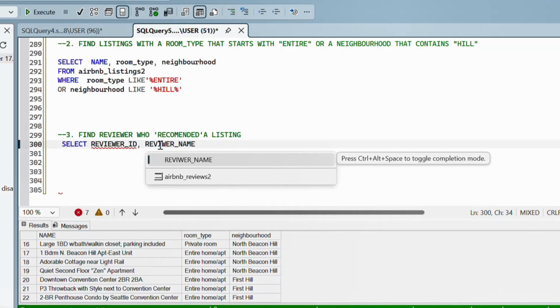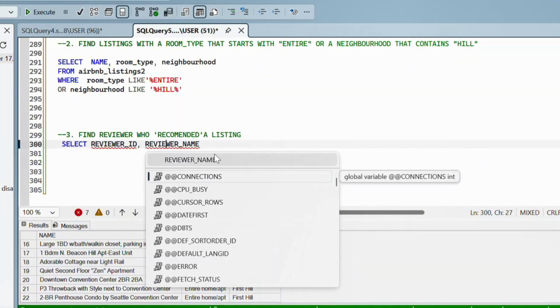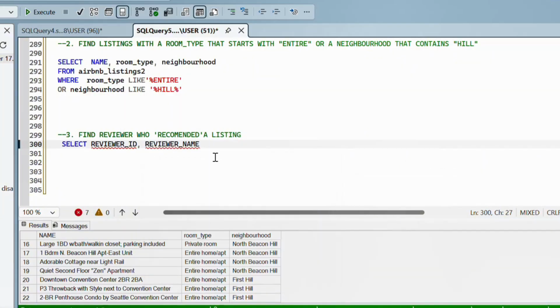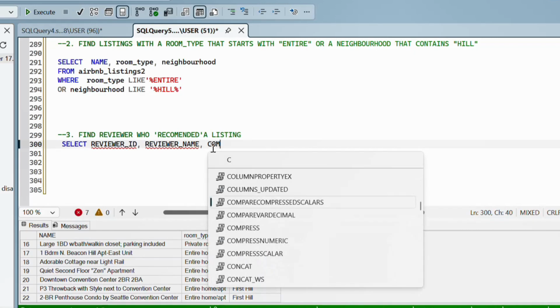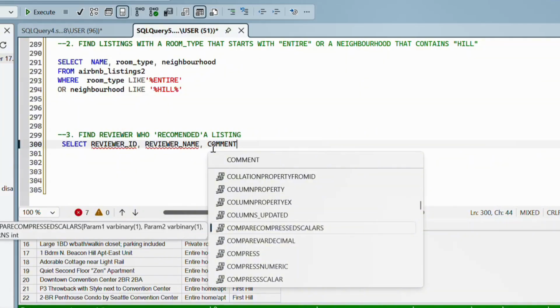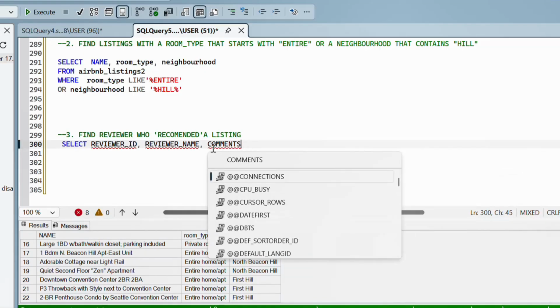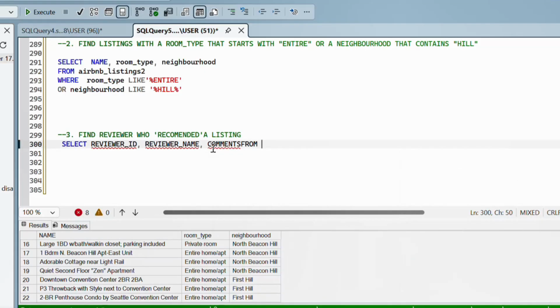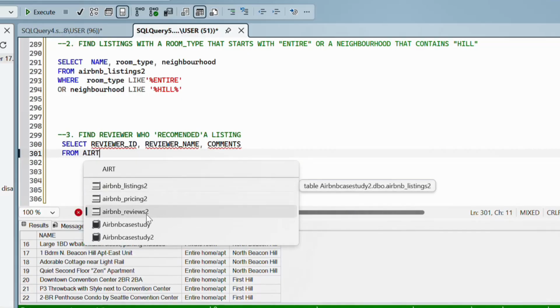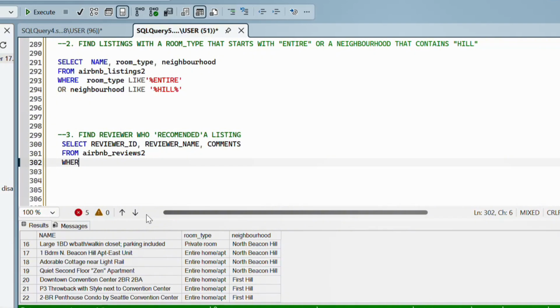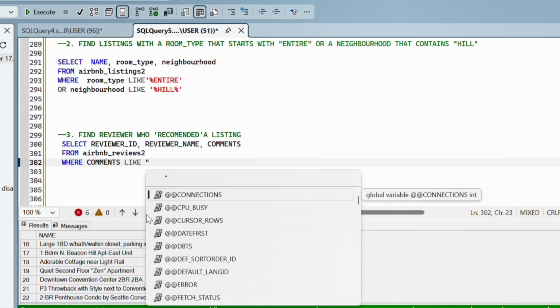Then we're also going to see the reviewer name. My spelling is not correct. Okay. Then we are also going to see comments, the comment that has the name of whoever recommends it, from Airbnb review table 2, where comments like recommend, sorry, single quotes,